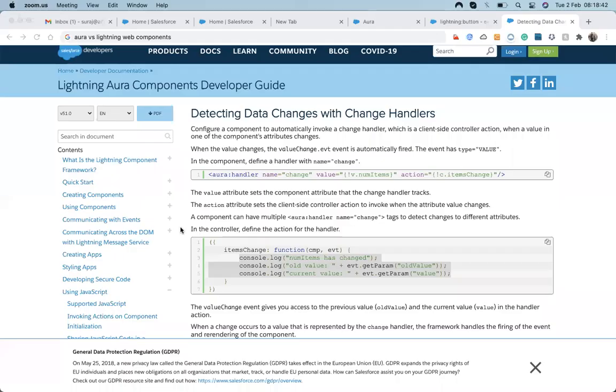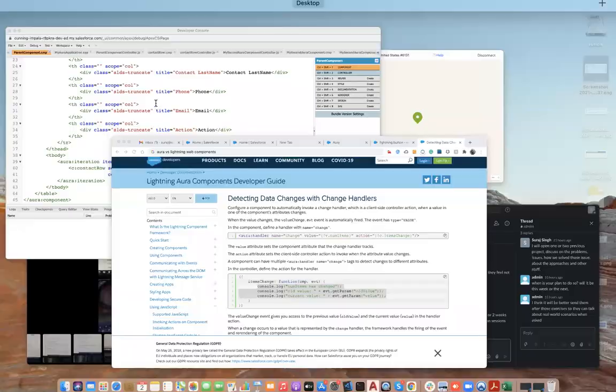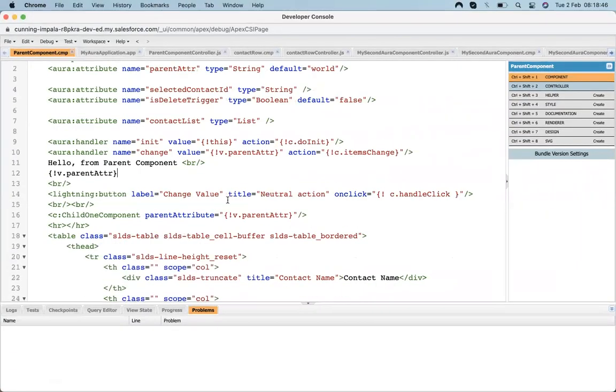Now suppose we have to call a child method via a parent method. So what we have to do is, Suraj, we cannot see the screen, I mean, thank you.